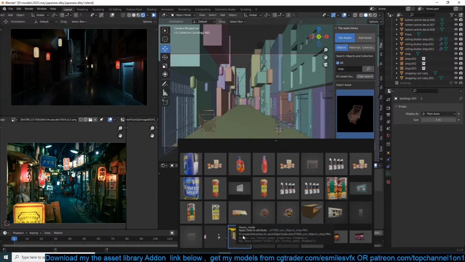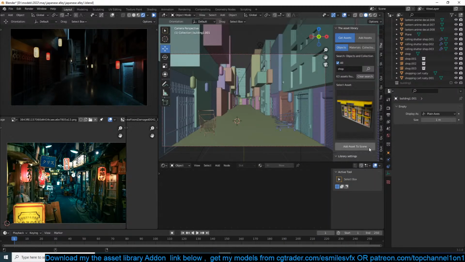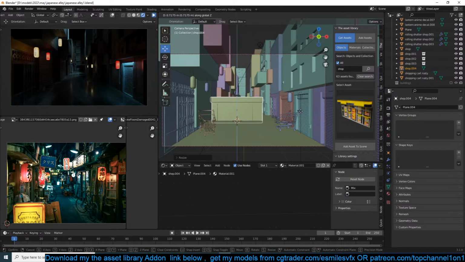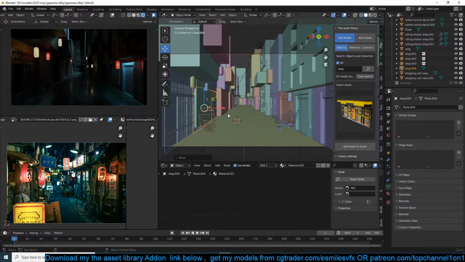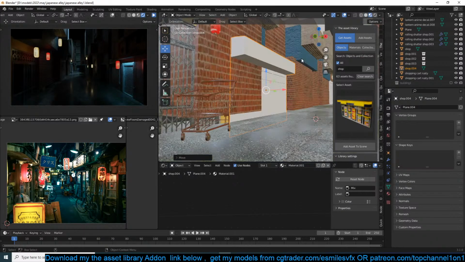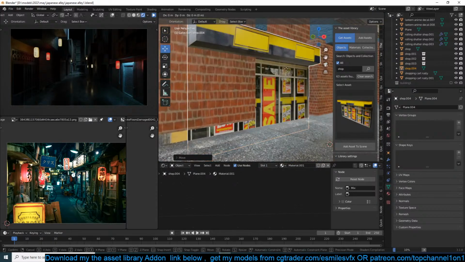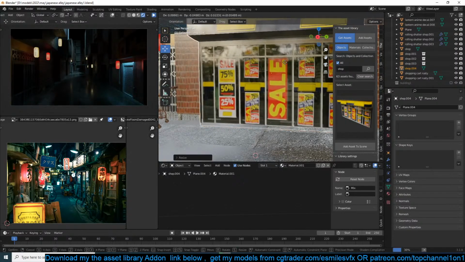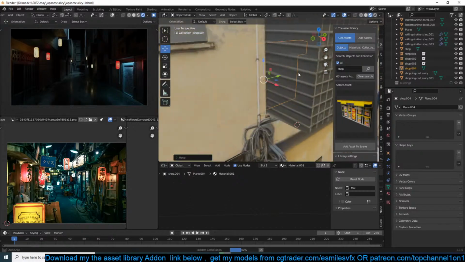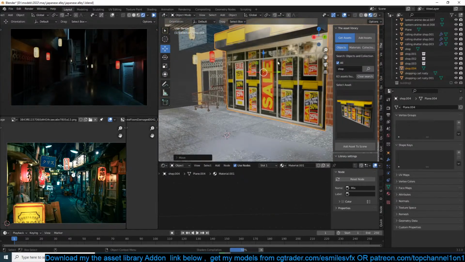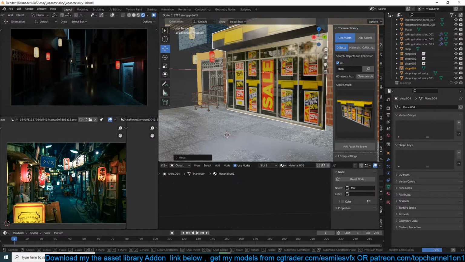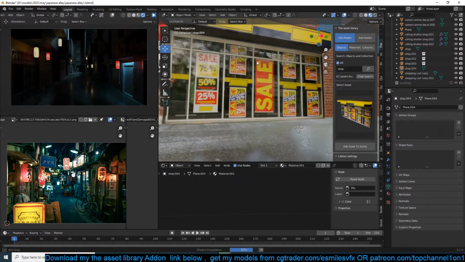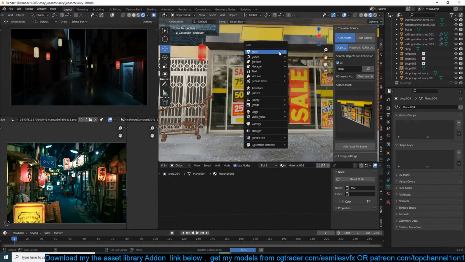I have more shapes. Let's see. Can grab a light.